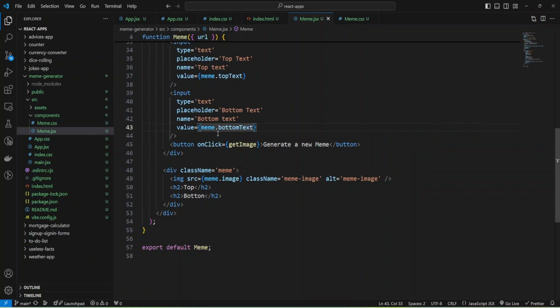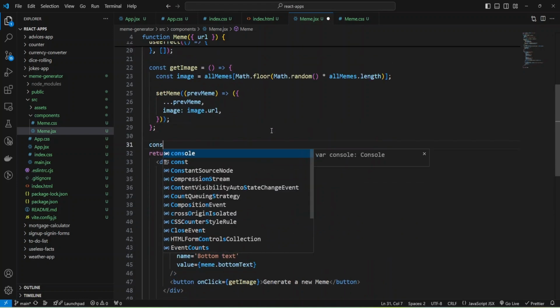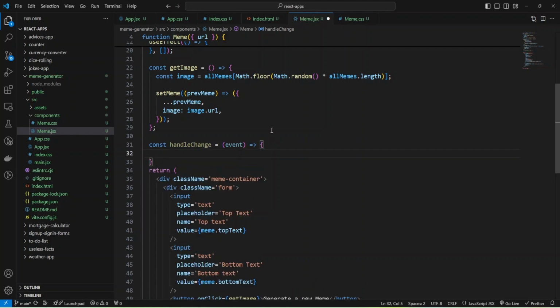bottom text, and so we need some function to handle the change of our inputs, and let me add function const handle change, and as parameter we'll have event, and using this event I'm going to use object destructuring to retrieve name and value from my event.